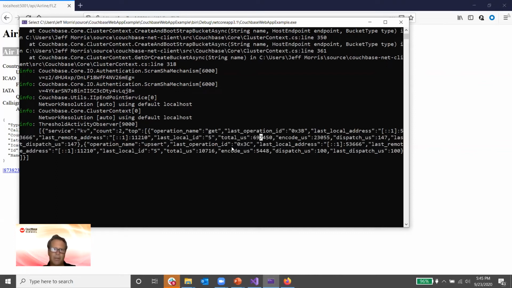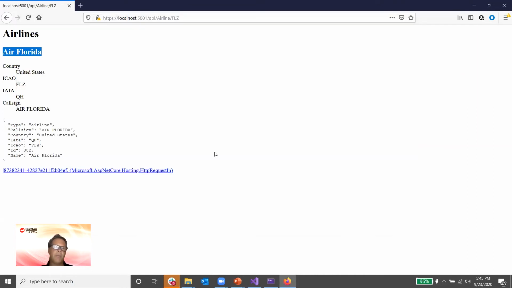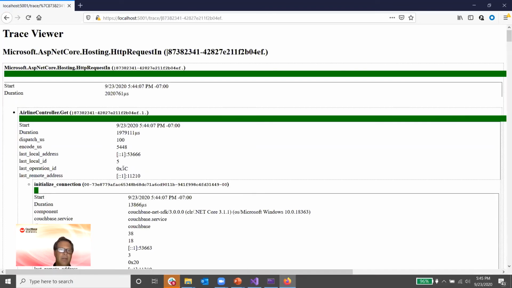Now, if I jump back, there's also an upsert here. And you can see this is going to be a little faster, and that's because we've been through this method. It's a little faster there, 10 milliseconds. So if I jump back to the web application and I click on this link, I'm going to see a